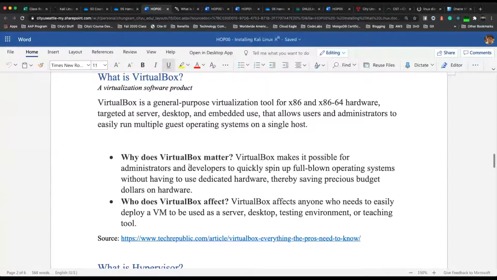So why does VirtualBox matter? If you are in an organization and you have to spin up many operating systems because you need many servers, instead of buying a computer for each server, you can have a computer with VirtualBox, let's say with very high memory and very high storage space.